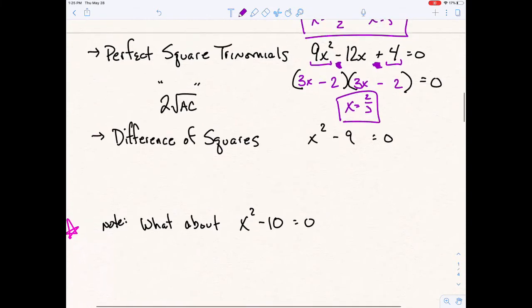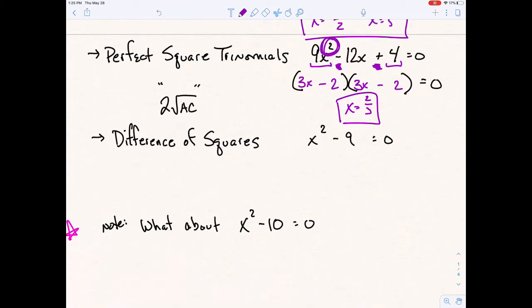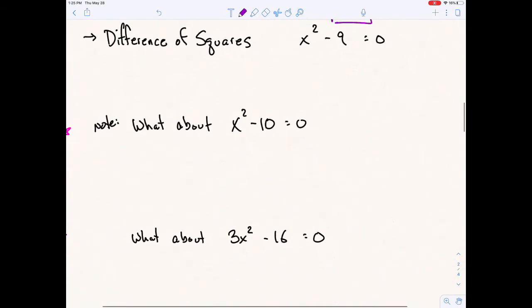You might notice that this one is only one listed answer, and you have two things listed. That's because this one is a double. All right, so x equals 2/3 has a multiplicity of 2, and that gives us our two solutions, if that makes some sense. With that in mind,